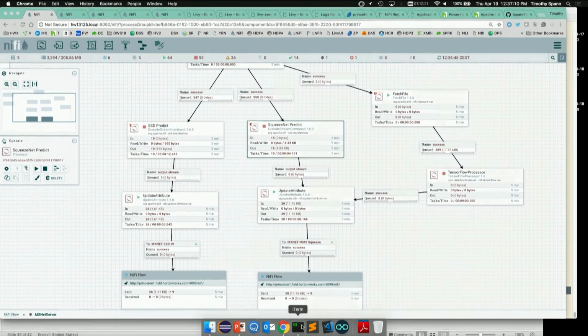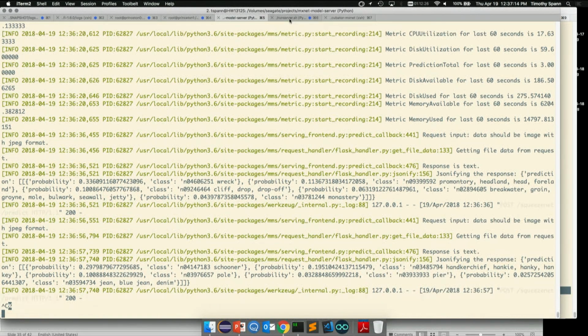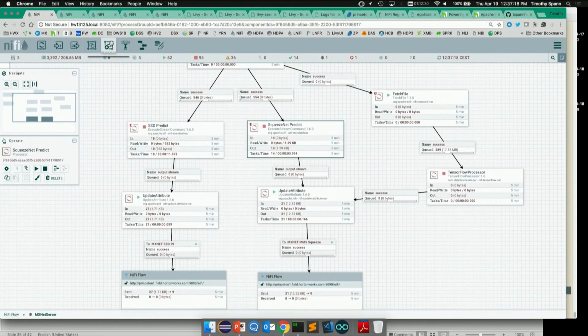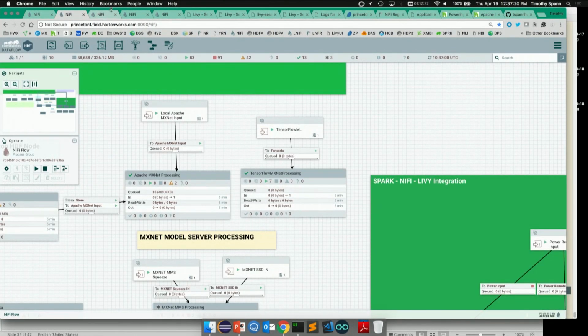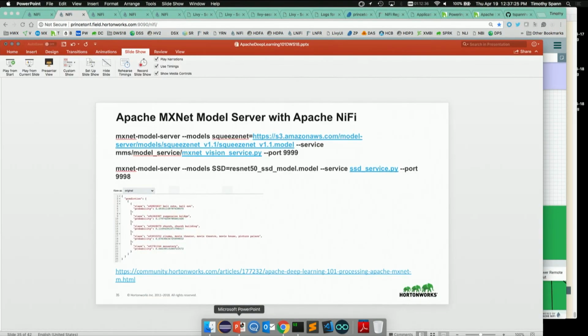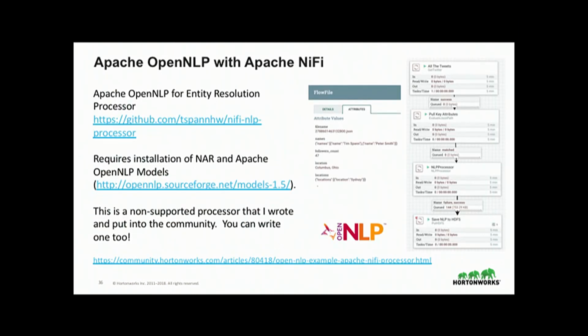If someone here wants to donate laptops to the open source community, I will take one with a couple GPUs in it and 64 gig of RAM. No one's volunteering. I knew that would happen. Okay, so we processed the model server. Let's go back to... I heard someone said they had a free laptop here. There's got to be Dell or HP, someone in the crowd. It's a very small investment.